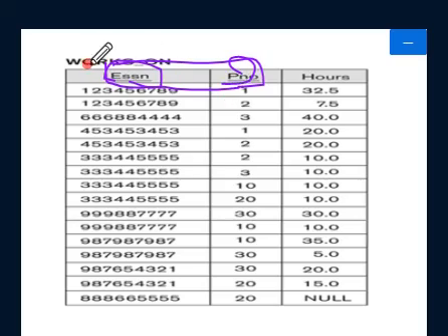Now ESSN is referred from the SSN of the employee table, and P number is referred from the project number of the project table. So we will have a project table and an employee table. The works on table is a child table which has the ESSN value from the employee and the project number value from the project table.